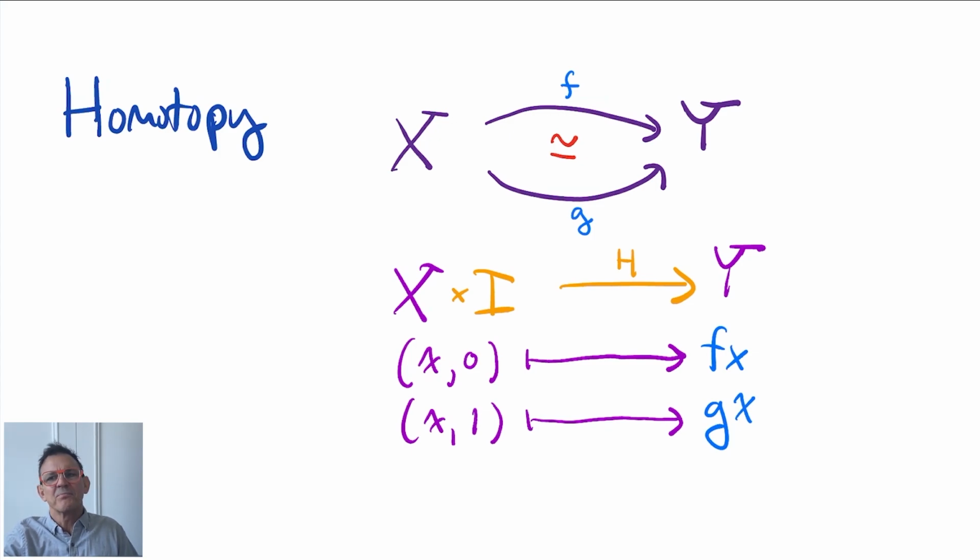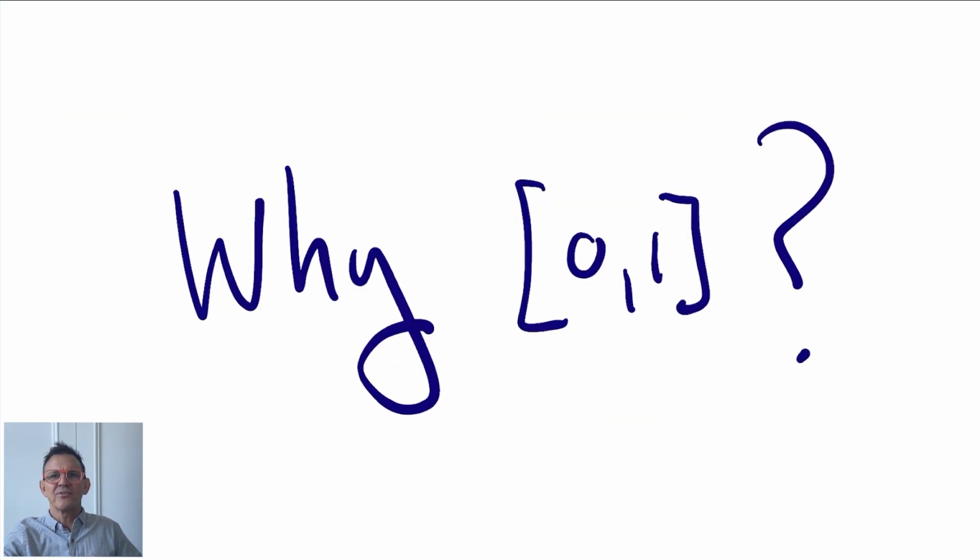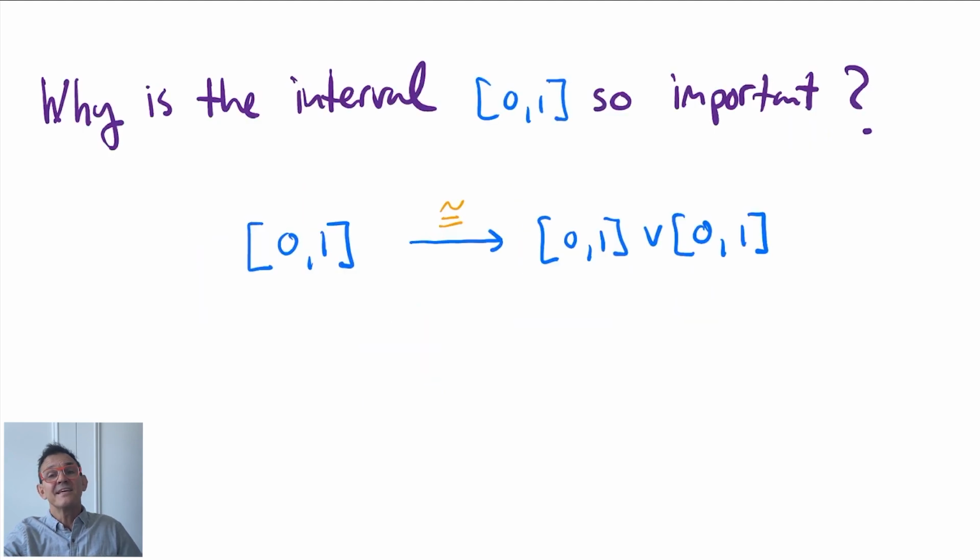Why does the interval play such a fundamental role in topology? Is it just an accident of development, or an anthropological, cultural choice like using base 10 to write numbers? The interval, as it turns out, has a couple of very special properties. Namely, it has two distinguished points, 0 and 1, and when you glue the interval to itself by taking two